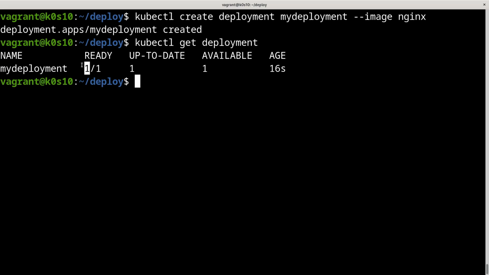Of course, we want to have 10 ready pods. And after that, the number of up-to-date pods, if you do a rolling update, for example, and the available number of pods, and of course the age. After